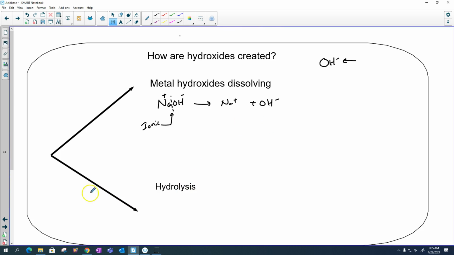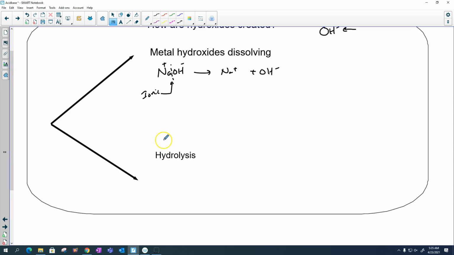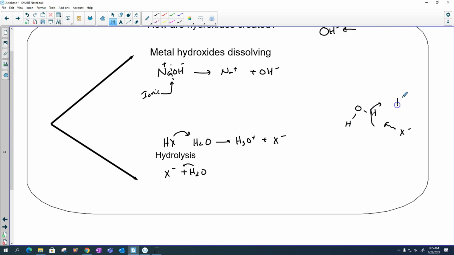Alright, so next one is hydrolysis. With an acid, we showed that the acid, HX, donates to the water, and in that case it produces H3O plus and X negative. But in hydrolysis, we're going to reverse it around and let water donate. A lot of times you use a chemical like X negative, plus water, and I'm going to let water donate back to it. So we have a water molecule, and a chemical like X negative coming up to it and snaking away one of its H's, forming HX,